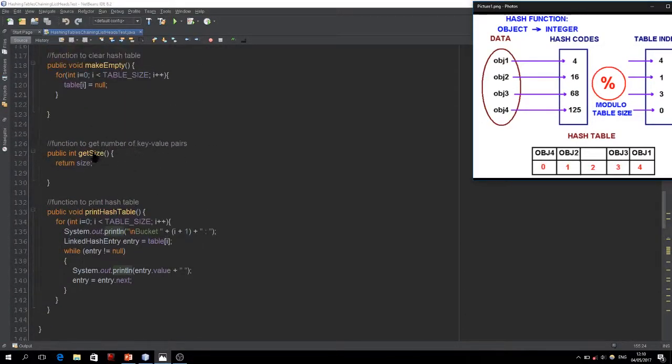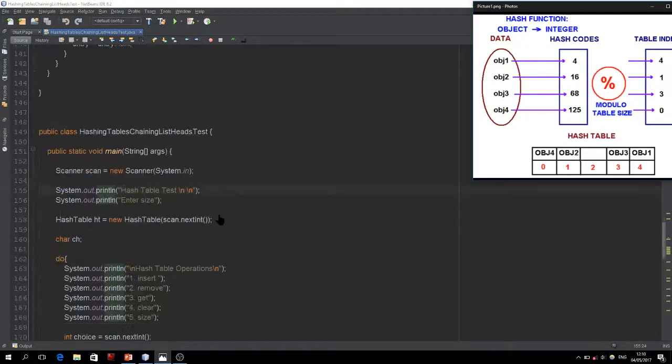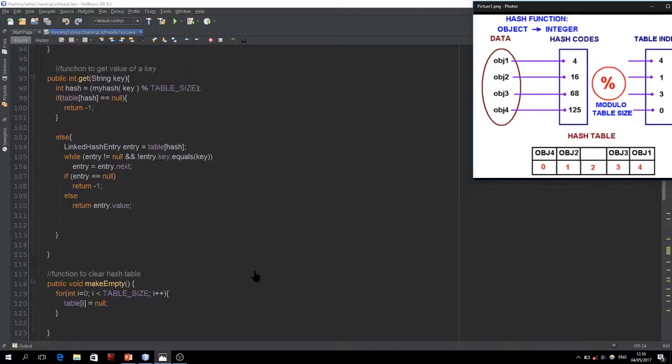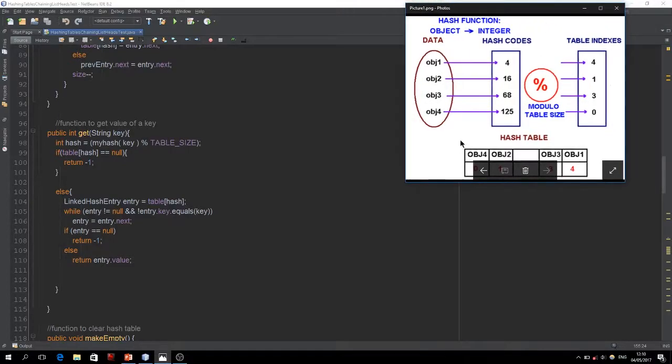So this is the get function. So you have the key, right? So say we already have this array here, and we want to get the second object, right? And we know it's in the first index, right? So you just bring out the key, input the key, and the key will be put in the myHash function, modulo, and the final result will be the index. And therefore you can just